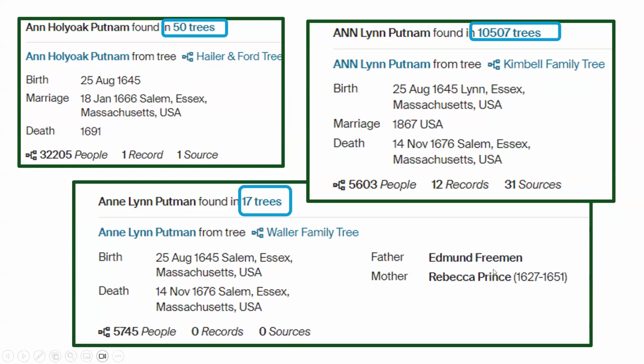And even if it says there are 12 records and 31 sources for this, I'm going to be really skeptical about anything they put up because of this. Yeah, so it's judgmental. I admit that. But this is the downside of the individual trees. It is possible one of these